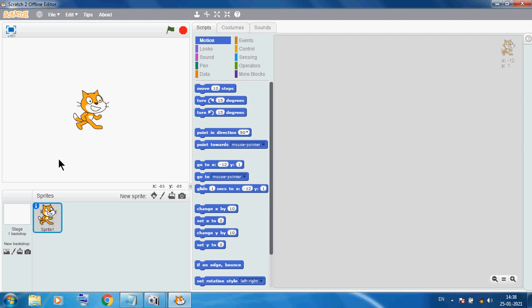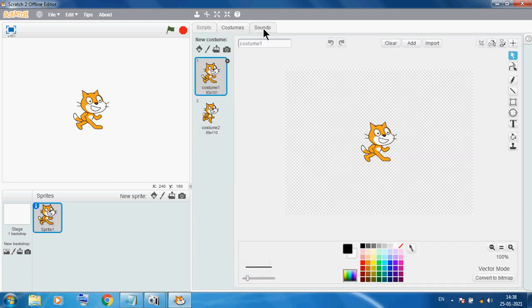Now this part is our sprite list, where you can see different kinds of sprites. Next, this is our script portion, this is our costume, this is our sound.